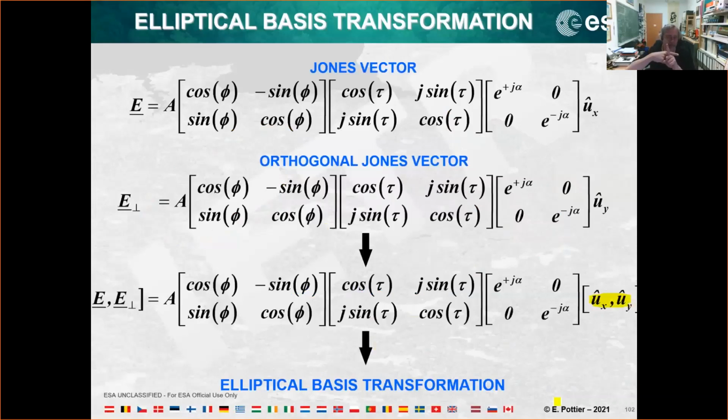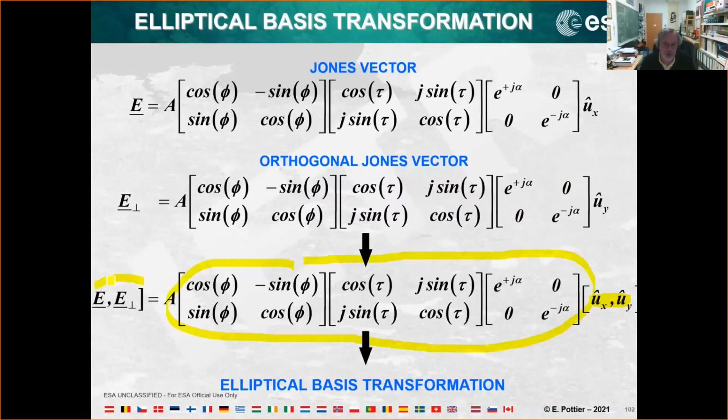So imagine this is your two antennas. In my algebra, in my world of polarization, I can change the polarization without changing the antenna, just by applying this matrix transformation, and I can reconstruct a new basis. This is very important. This is what we call an elliptical basis transformation. We shall see after the break some examples to illustrate this basis transformation, and you will see what it means from a concrete point of view.